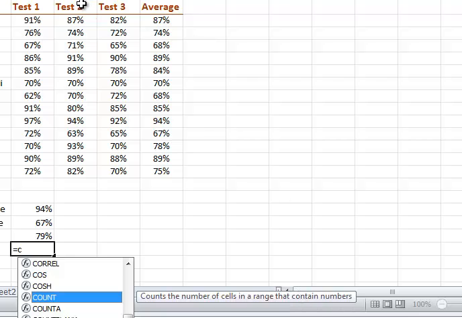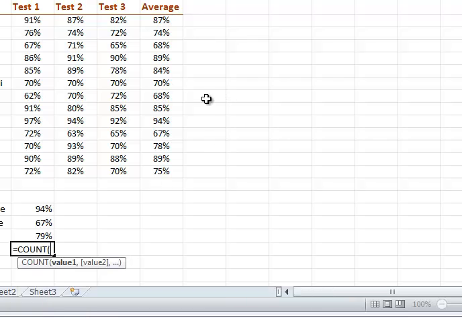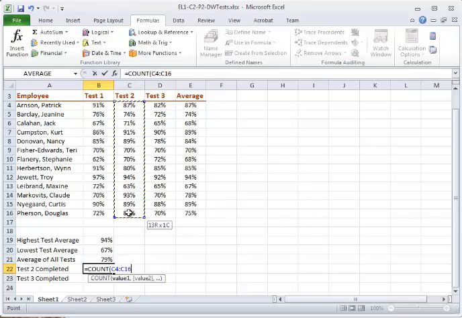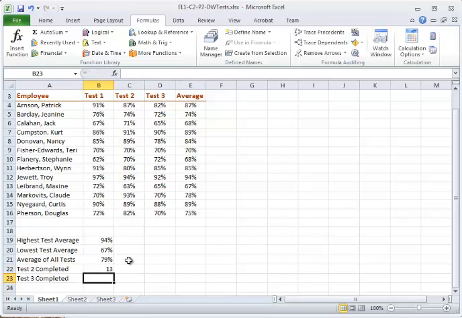So let me just go ahead and double click, and then it shows in the formula bar as well. In the cell, it has equal sign, count, opening parenthesis, and then I can highlight the first one, click, and then drag it all the way down, and then let go of the button so it selects the range of cells. Or you can simply type in C4:C16 and then put closed parentheses and hit the enter key, and there are 13